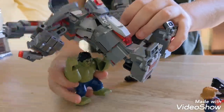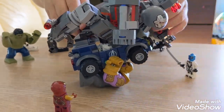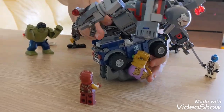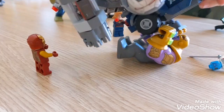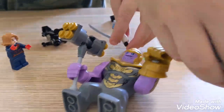And you know what it does. You know that this is fantasy. Hulk would not be able to lift such a huge suit, even though he has super strength. And yeah, Thanos is pretty much dead. Now Hulk, he drives on him, and then the suit falls. Nebula dodges defeat,